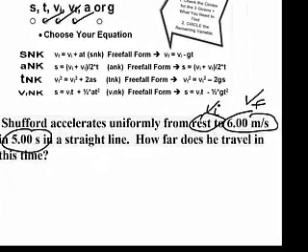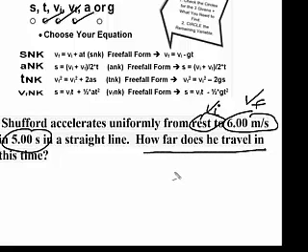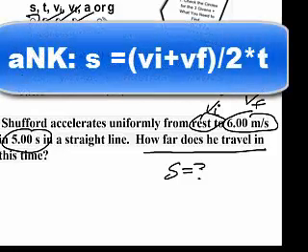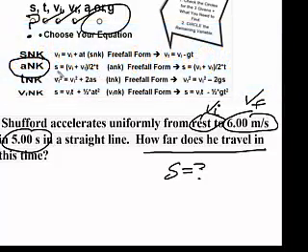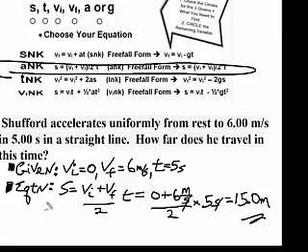Fourth is what? What's being asked for? How far does he travel in this time? This is asking for the displacement. Fifth, not known, is the equation. The thing that's missing is the acceleration. The equation that will work is the acceleration not known equation. This is the equation that will have all the 3 things that we're given, and we'll have the thing that we're looking for. We write our 3 givens, we write the equation, we substitute in, and we get that the displacement is 0 plus 6 meters per second over 2 times 5 seconds, or 15 meters.